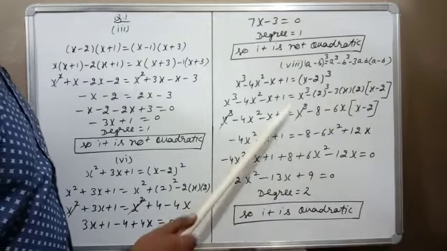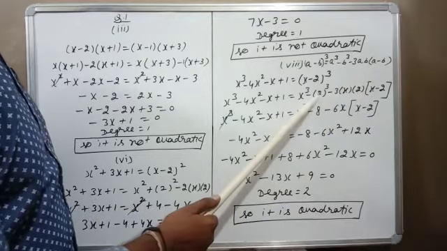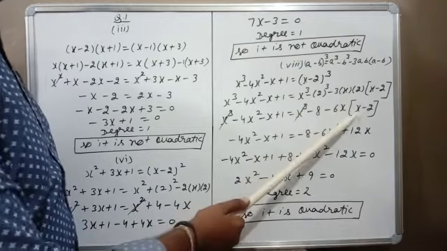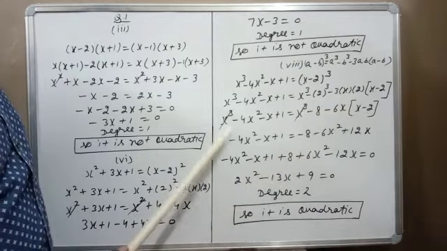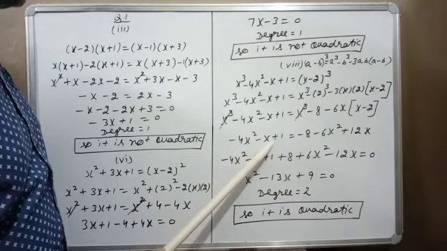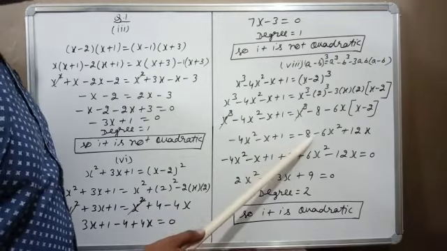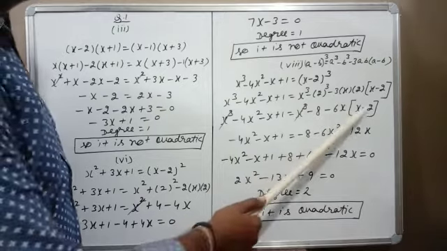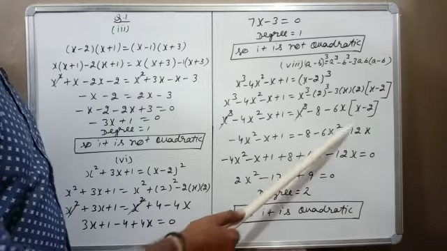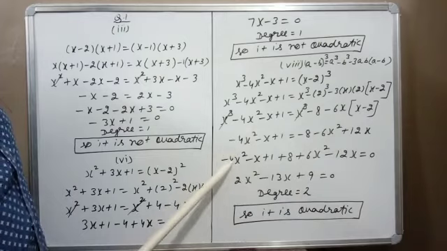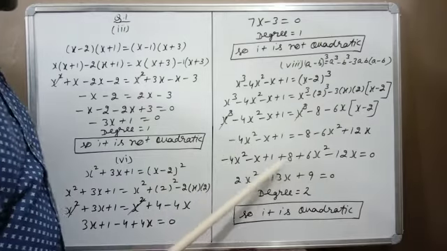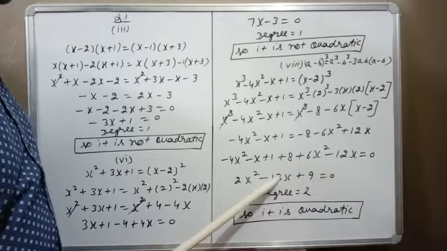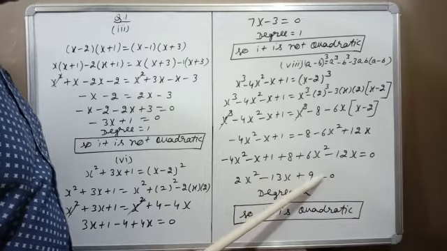This value again as it is, this is x cube minus as it is 2 cube is 8 minus as it is 3 into 2 6x, this bracket as it is. So x cube can cancel. So minus 4x square minus x plus 1 minus 8 as it is. Now we will multiply, this will become minus 6x square, this will become 12x. So we will shift all values to the left hand side. So minus 4x square plus 6x square, this will become 2x square, minus x minus 12x minus 13x plus 1 plus 8 plus 9 equal to 0.